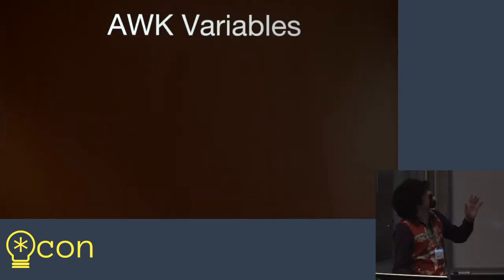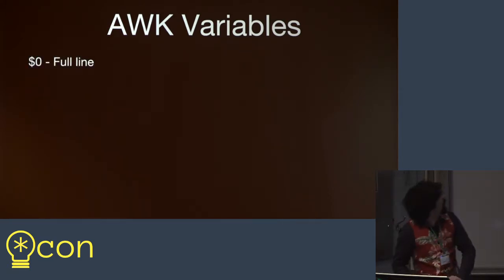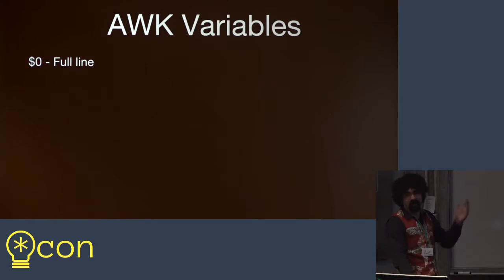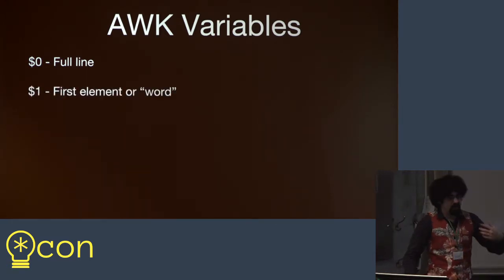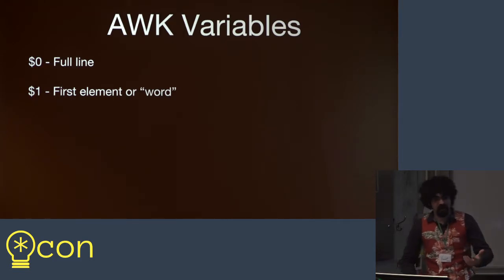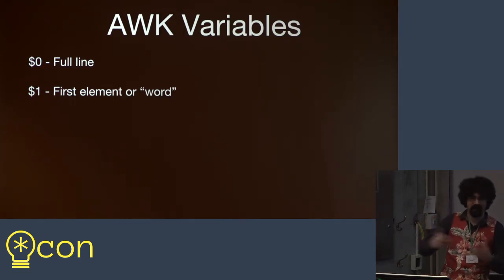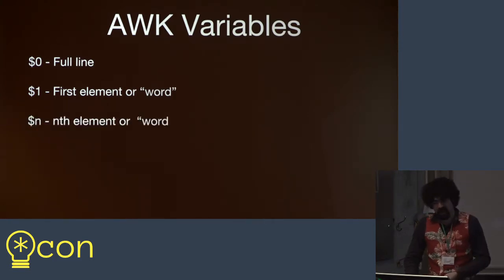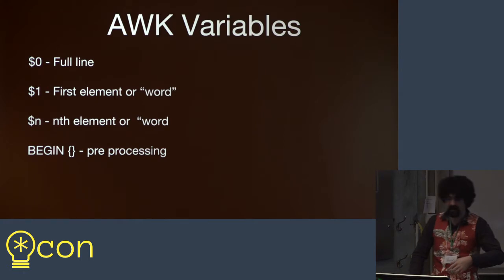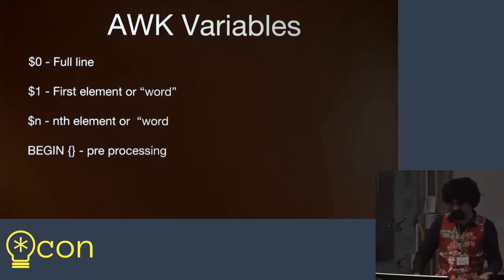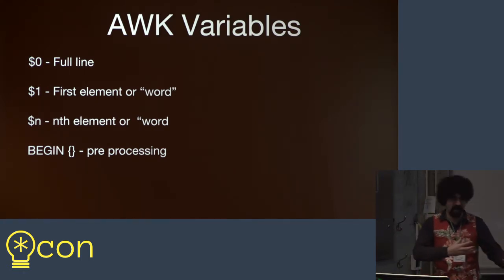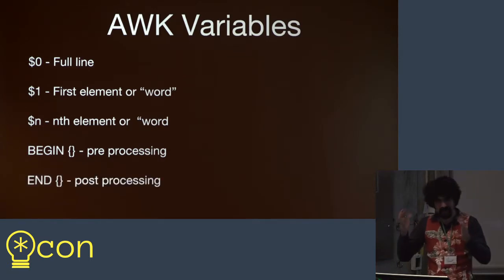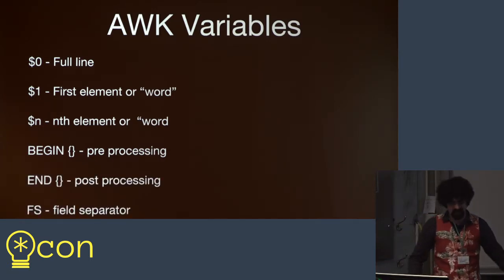Before we dig into the live programming, which always goes perfectly well 100% of the time, we can see some of the built-in variables that awk gives us for free. So $0 is the entire record. $1 is the first element or field of that record. So it'd be, in most cases, the first word of every single line. And then you can expand this to the nth word. There is a BEGIN keyword where any pre-processing before we start pattern matching, we can put in this BEGIN bracket. Same with post-processing.